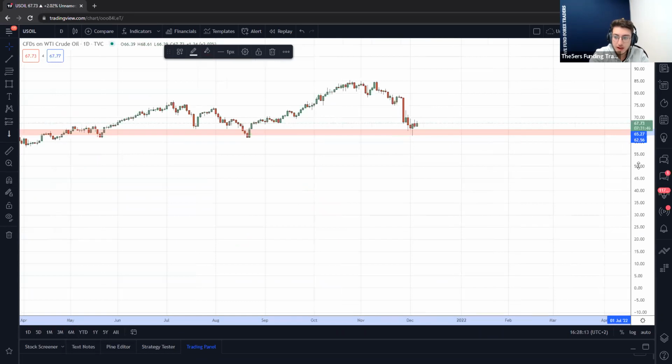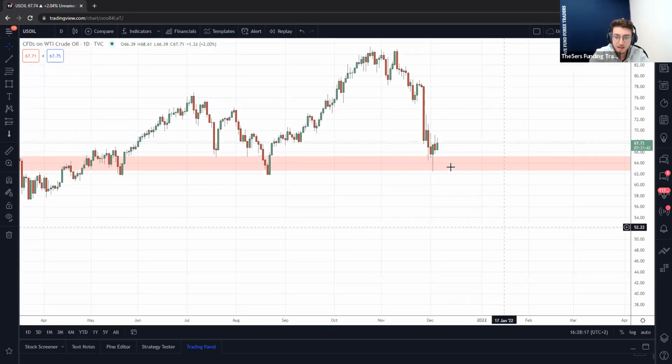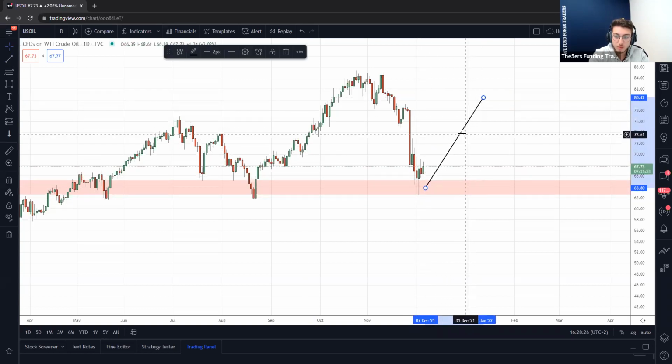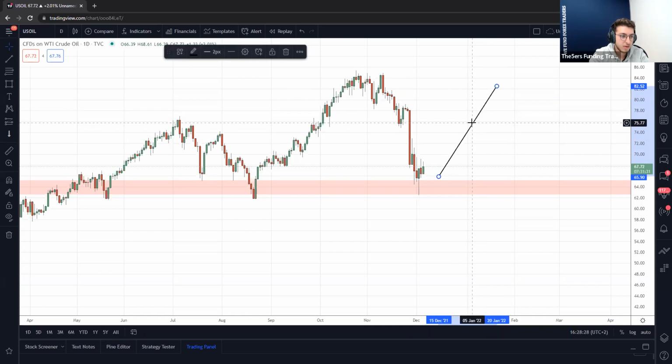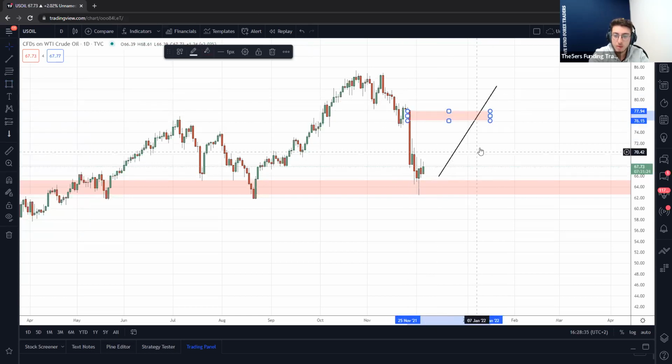If I go back to the daily, I see this kind of pin bar. I see that the market is starting to push. I believe that if oil is starting to move above, the dollar CAD is starting to crash. Actually, if oil reaches again, let's say, this supply, and there is a big push in oil,